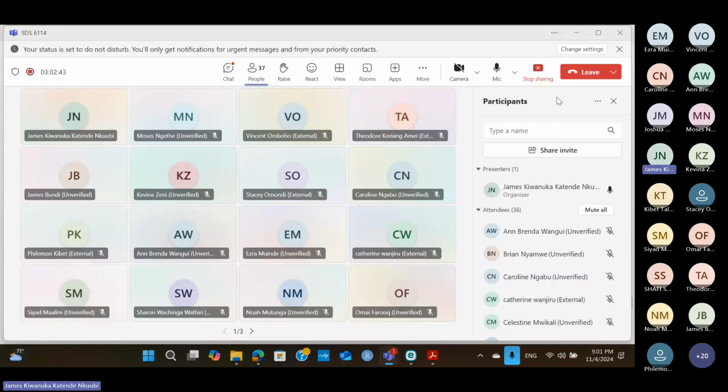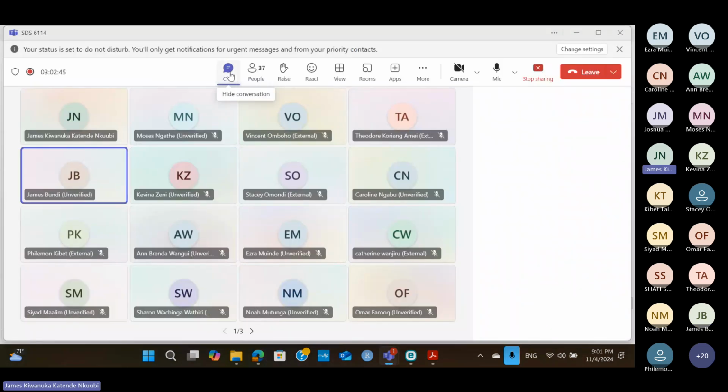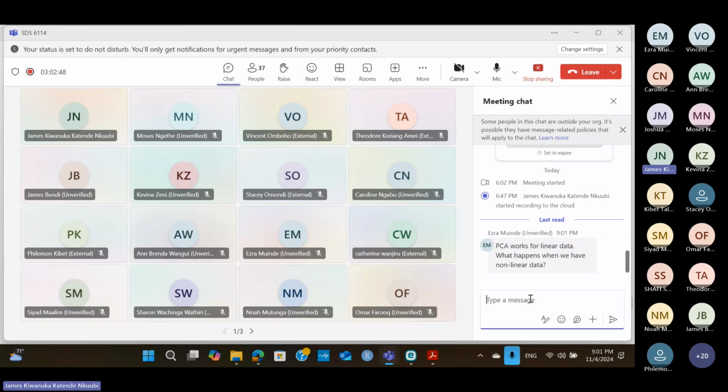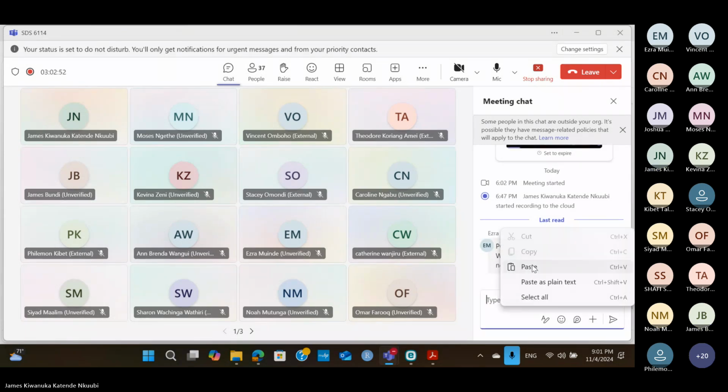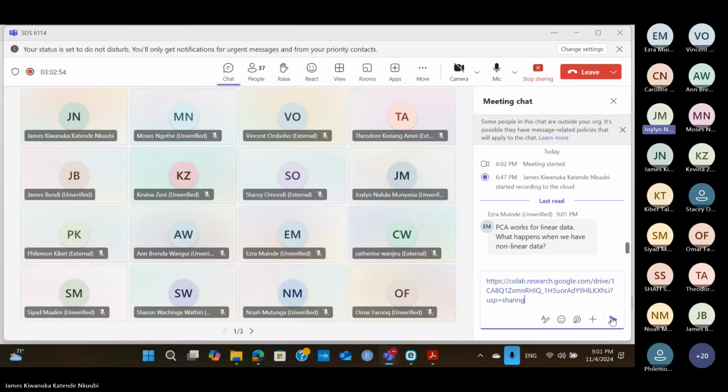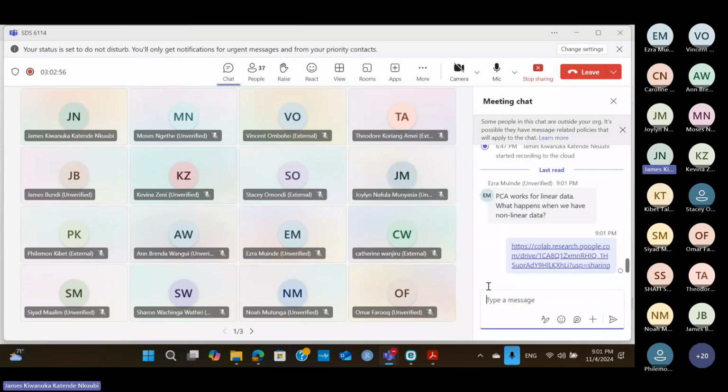I have not had any feedback on whether we should look at the other data set now. We stop there. So,